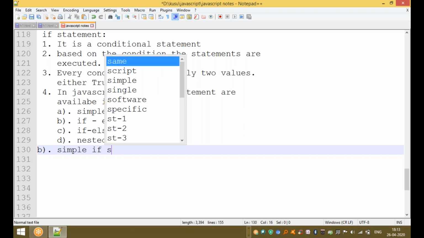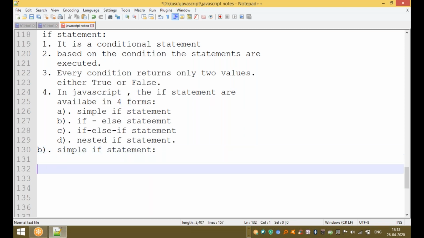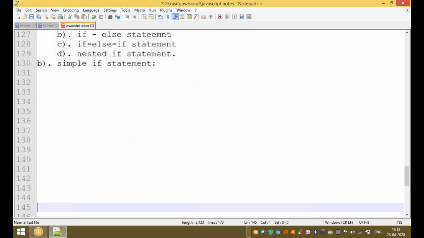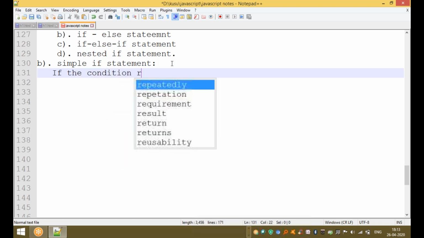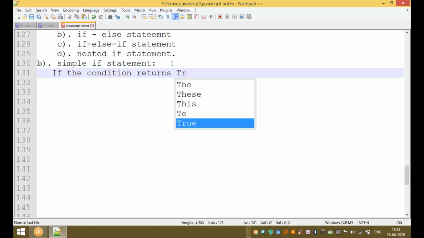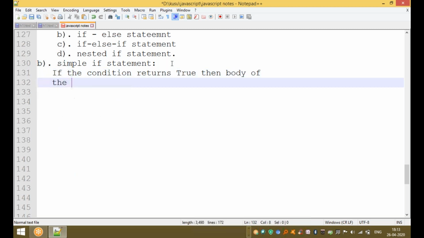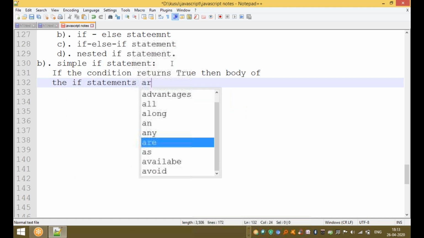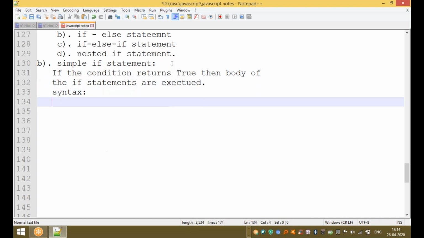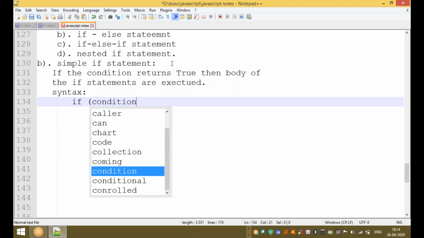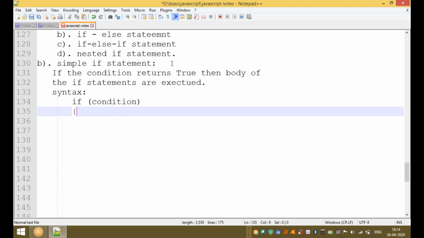What is the simple if statement? These statements are executed only when the condition returns true. If the condition returns true, then the body of the if statement is executed. The basic syntax of the if statement is: if, parenthesis start, condition, and begin curly braces.